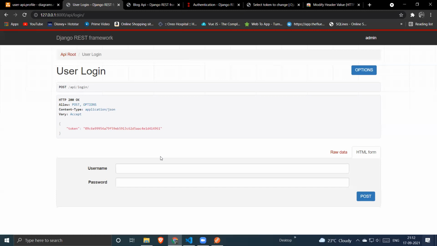If you tweak the system so that whenever the user registers, it generates a token and returns it in the response, then that's fine. There are some cases where you need this kind of functionality, but this is the usual way most websites follow. You have to register, then make an authentication request where you pass your username and password.